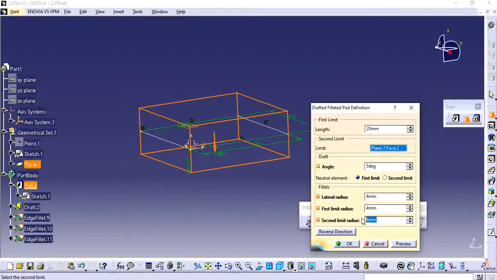At least on any one side, if you are aware of plastic part design, we need to have an undercut cavity. So by default it will have only one end, that filleted end. If you want, you can add it separately. So here you are able to see these filleted values. So just clicking here.